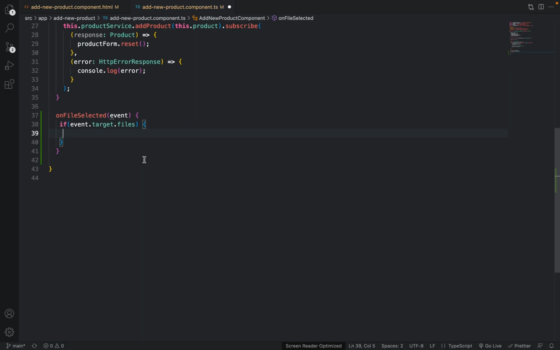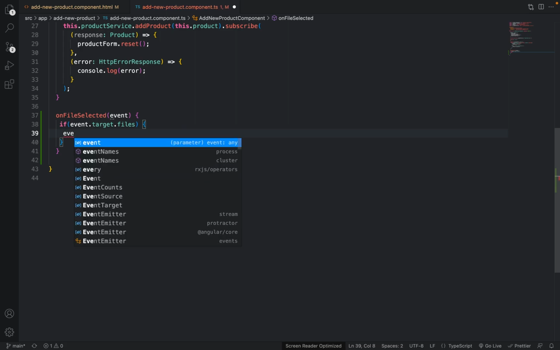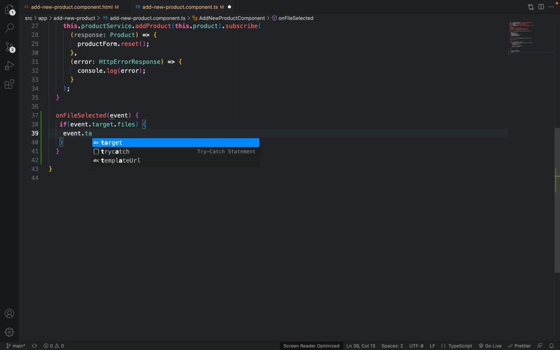function. Now inside this, let me use event dot target dot files, and I'm going to use the 0th index, and then whatever 0th index I have, I'm going to store it inside one variable. So let me use it as a const file equals event dot target dot files, 0th index of that array. Now what I'm going to do is, I'm going to push this particular file